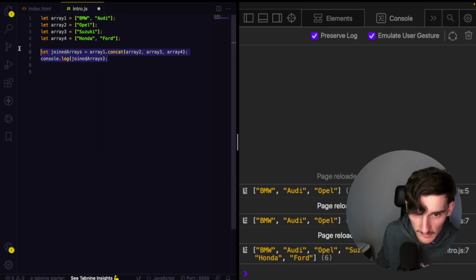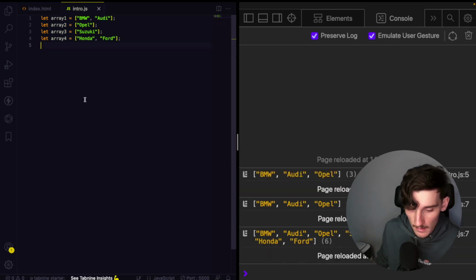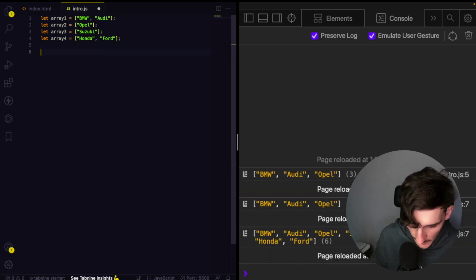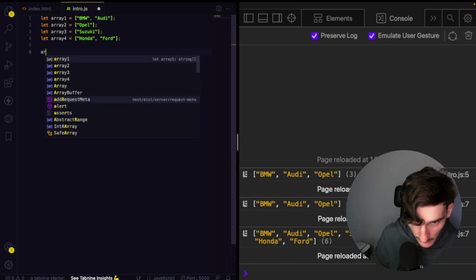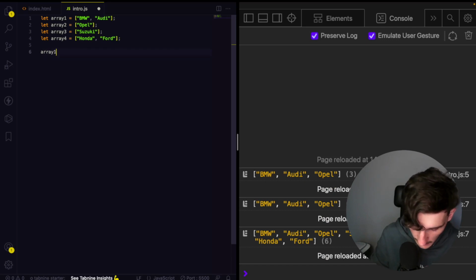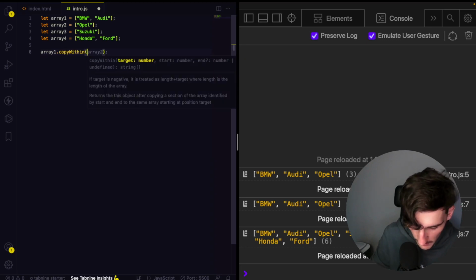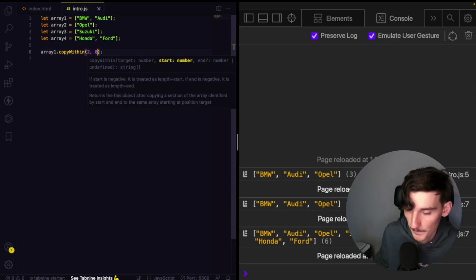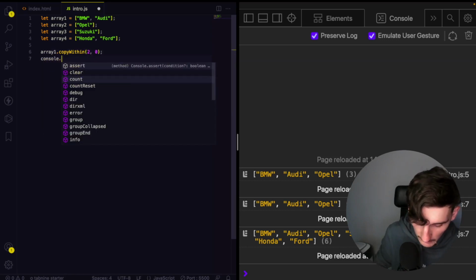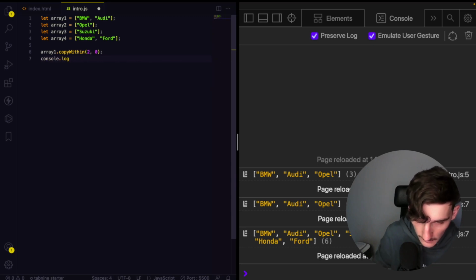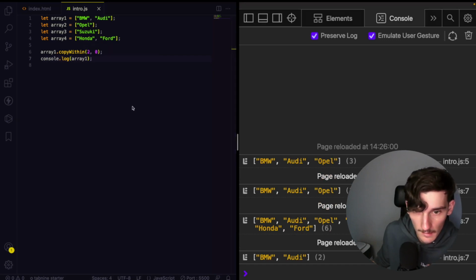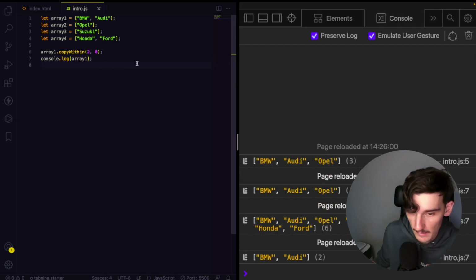So I will delete this one and we'll go with array 1, and I will add array 1 dot copyWithin and pass 2 and 0, and I will console log array 1, and what it basically made is copying the first 2 elements,